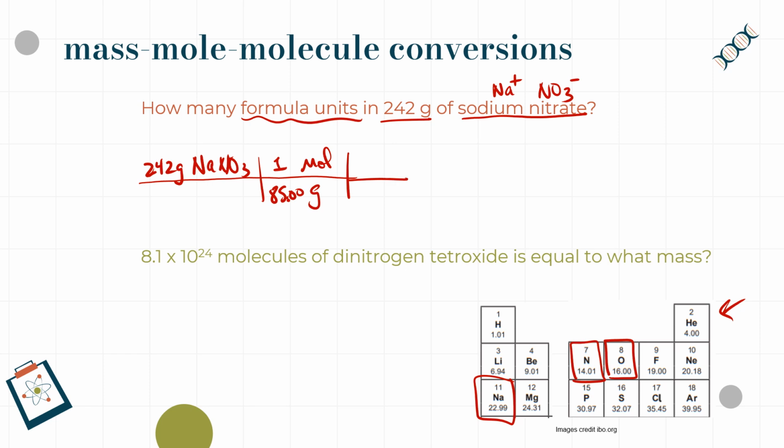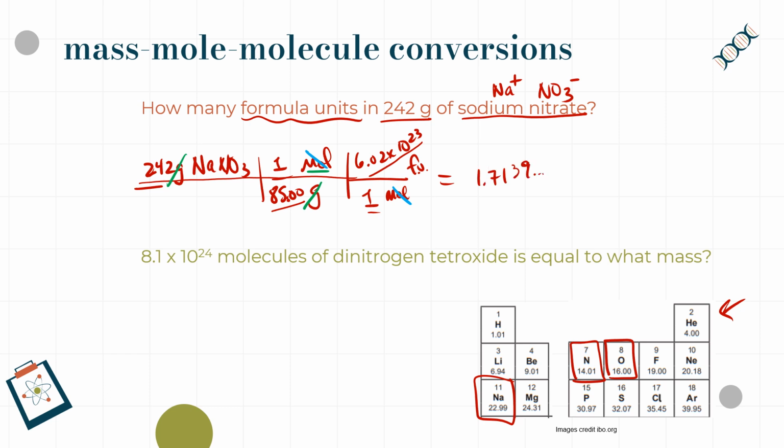Step 2, we're going to get rid of our moles now that we've gotten rid of our grams. So we're going to do that by putting moles on the bottom, and we're going to convert our moles to formula units. How many formula units in 1 mole? Well, there are 6.02 times 10 to the 23rd anythings in a mole, and so we're going to cancel out moles top and bottom. Let's do some calculating with our handy dandy calculators. We're going to do 242 times 1 times 6.02 times 10 to the 23rd divided by 85 divided by 1. That's going to give us a grand total of